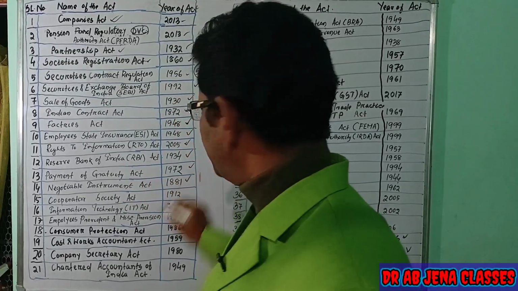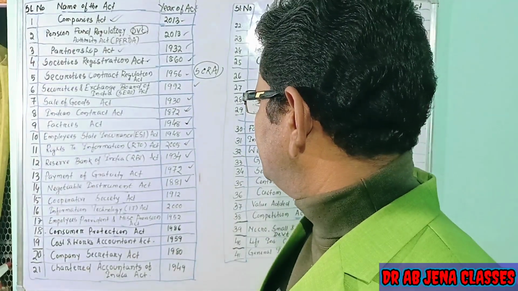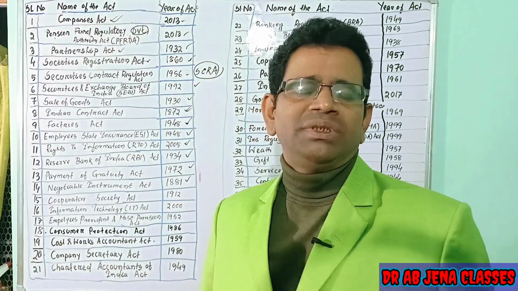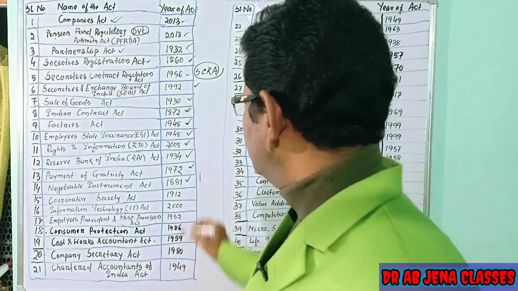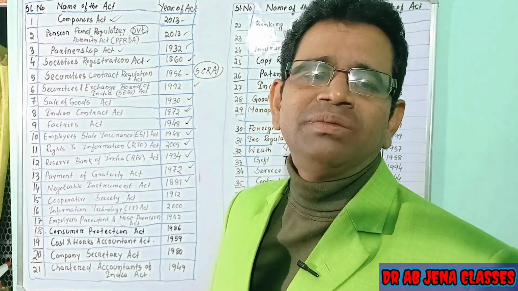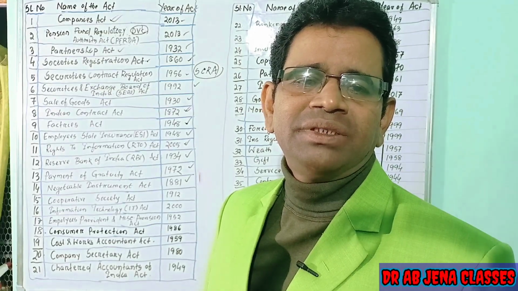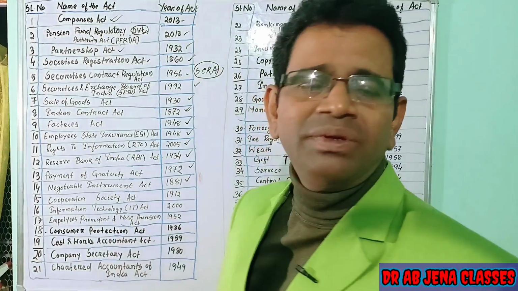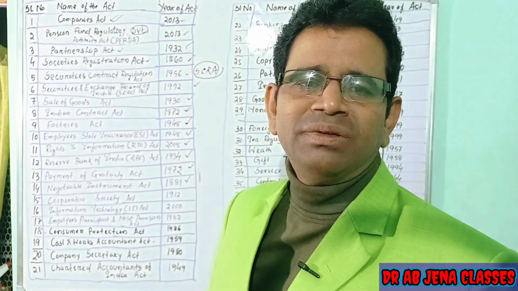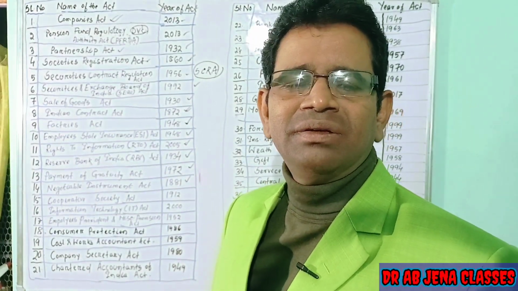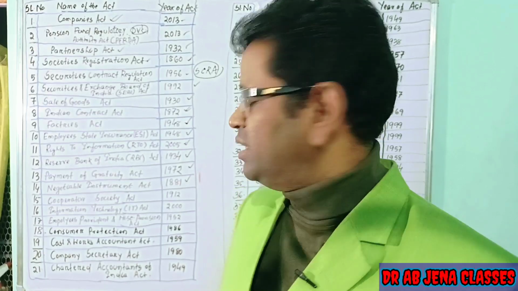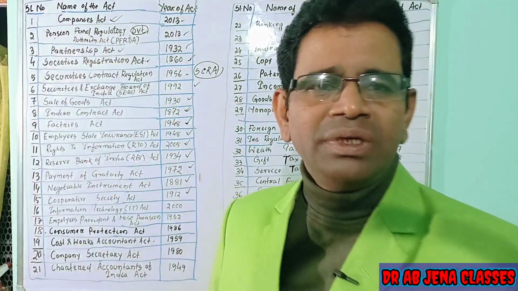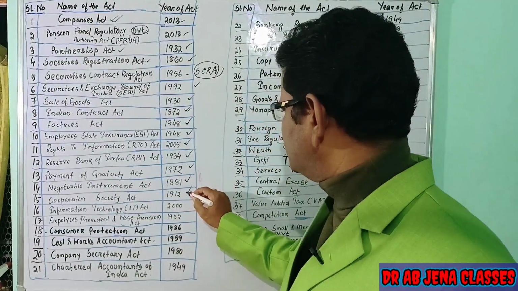the Negotiable Instrument Act, the year of the act is 1881. Okay, so you are also studying business law or commercial law, where negotiable instruments are the cheques, bills of exchange, commercial bills of exchange, promissory notes. In a separate video we will discuss in detail what is a promissory note, what are negotiable instruments, and what are the important essentials. Okay, then the Cooperative Society Act, it's 1912. The Indian Cooperative Society Act is 1912.